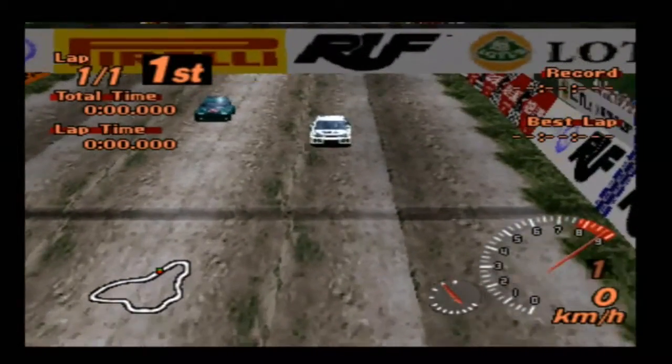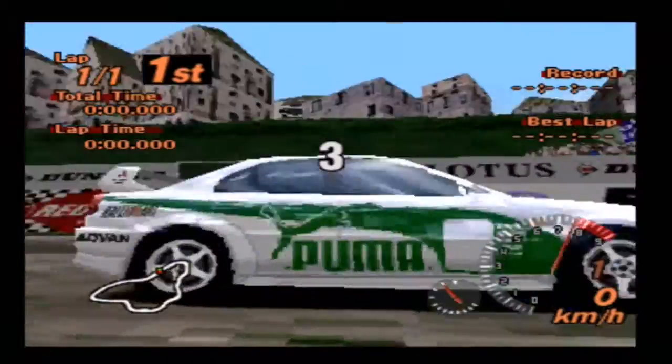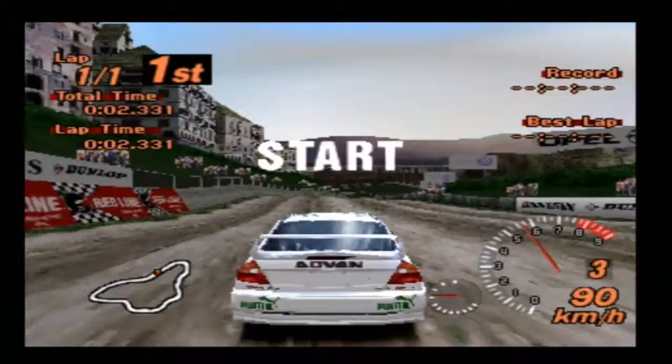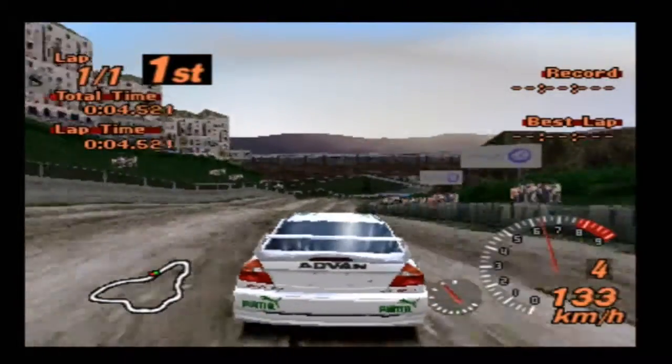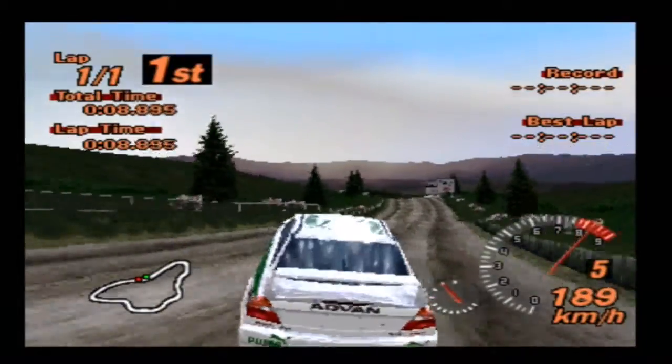Okay, here we are at Smokey Mountain North. Now, I recognise this track a little bit more than I do the South Circuit. As well as that, I think the North Circuit might actually play more into the Evo's hands. You see, there's a lot of straightaways, and this vehicle is mostly...